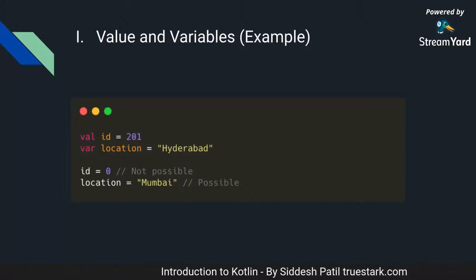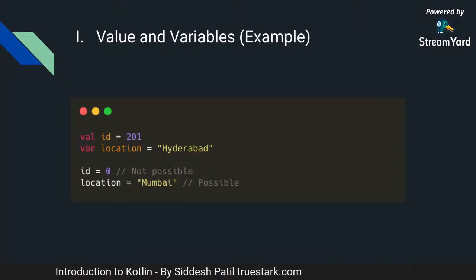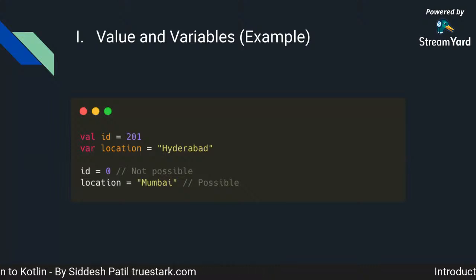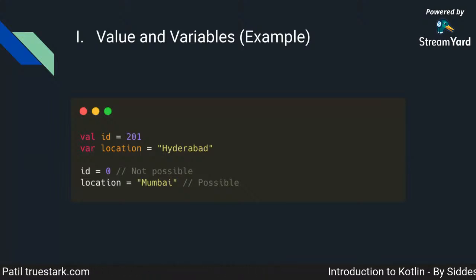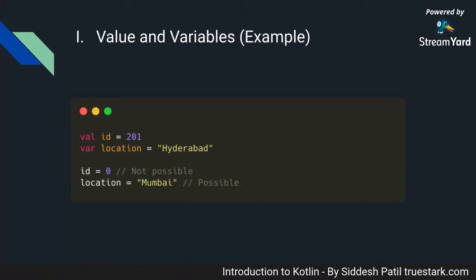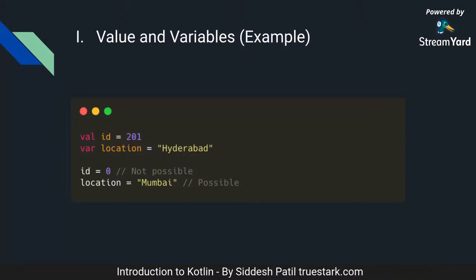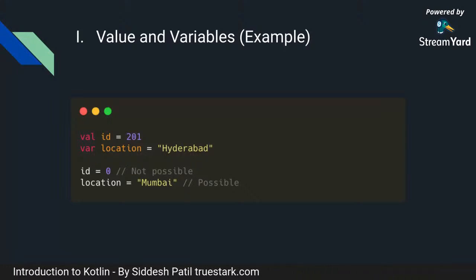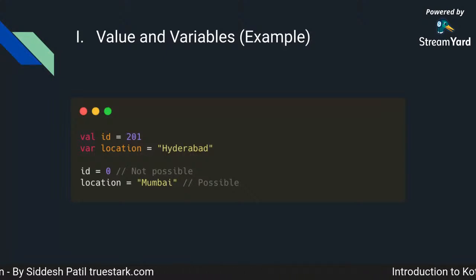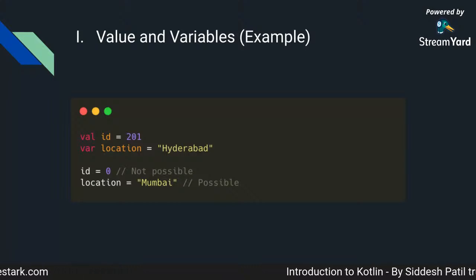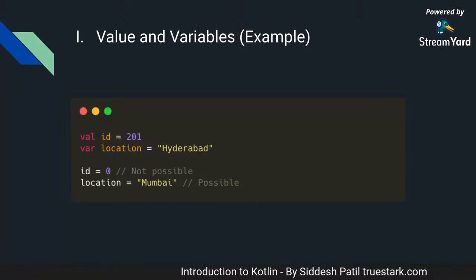I'm not specifying a type here. This is one of the features of Kotlin. Kotlin has type inference built into it, but Kotlin still is statically typed. So how does that work? Kotlin, while being statically typed, means that all of these declarations where I'm not mentioning a type become inferred at compile time.